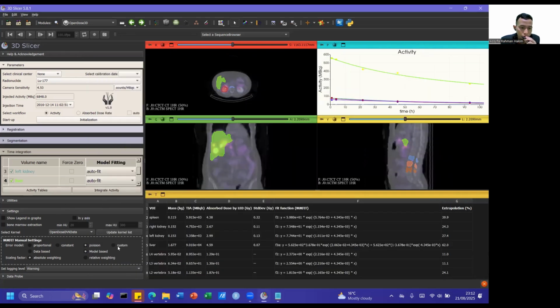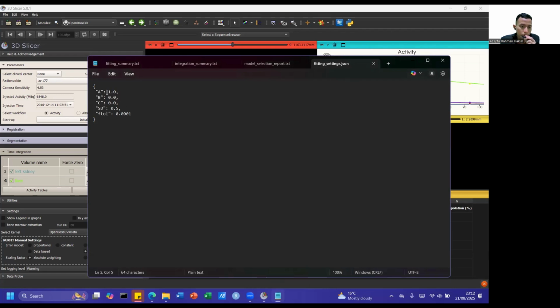And for the last setting of the error model, you can customize your error model. In this case, you can type the values of A, B, and C yourself, and the value of SD here will be ignored. The value of ftol means the tolerance value for the objective function difference for convergence. You can explore this value later.